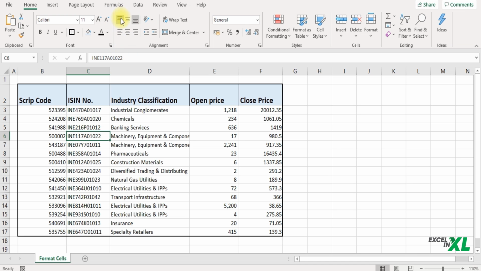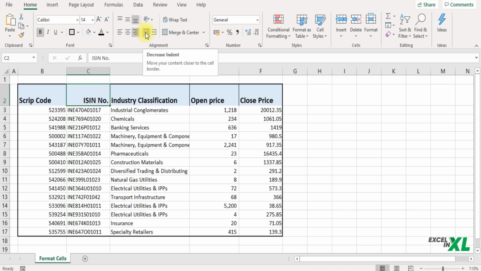First, we have how to vertically arrange the text. Let's say I select this data, pick top align, the text goes to the top. When I pick middle align, the text comes to the middle, and when I select bottom align, the text comes to the bottom. So this is how you can vertically arrange your text. If you want to align it horizontally, you can choose the left align, the middle align and the right align.